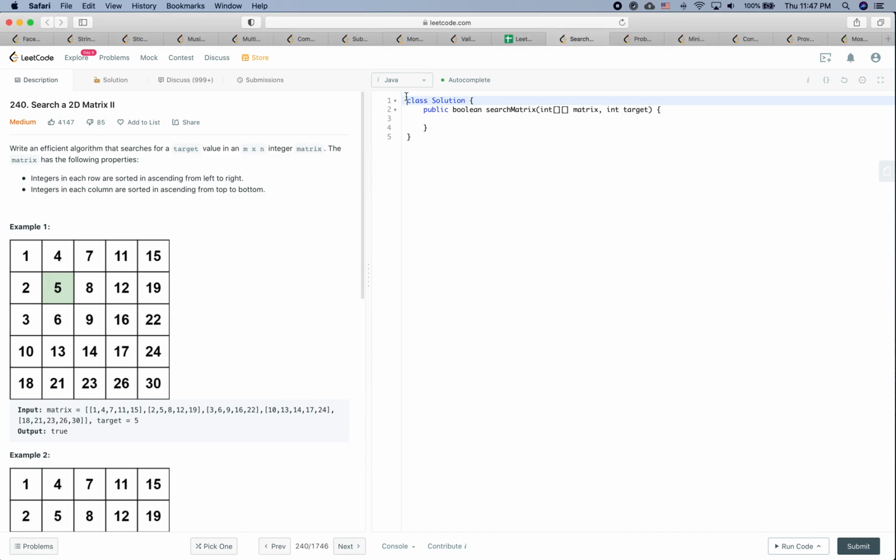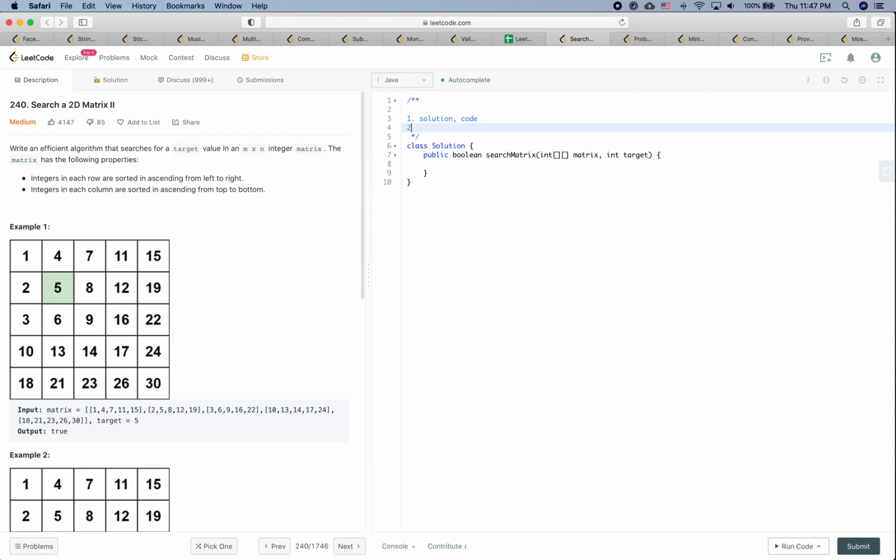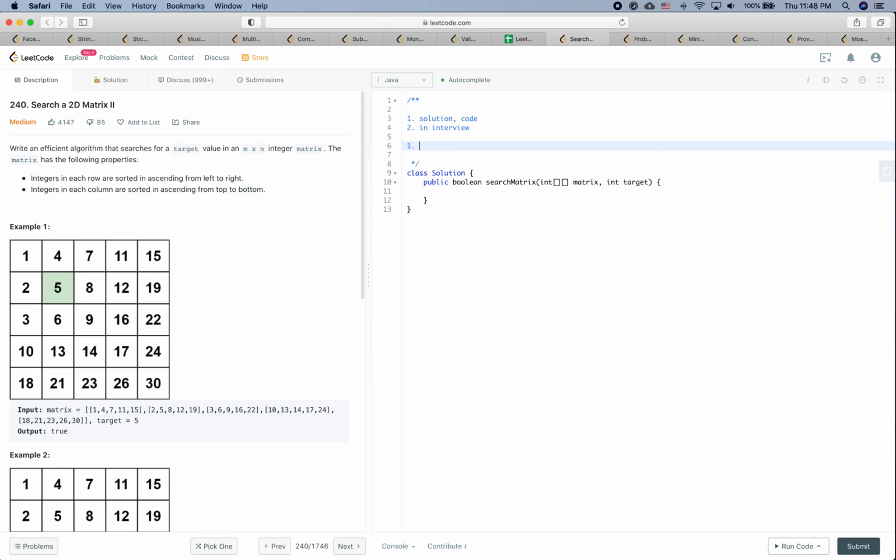Leetcode practice time. In this video there are two goals. The first goal is to see how to solve this problem, and then we are going to put some code here, and the second goal is to see how we should behave in a real interview. So let's get started. Remember, the first step in a real interview is always to try to fully understand the